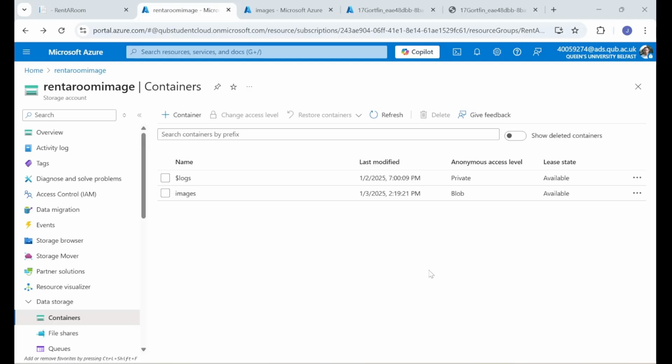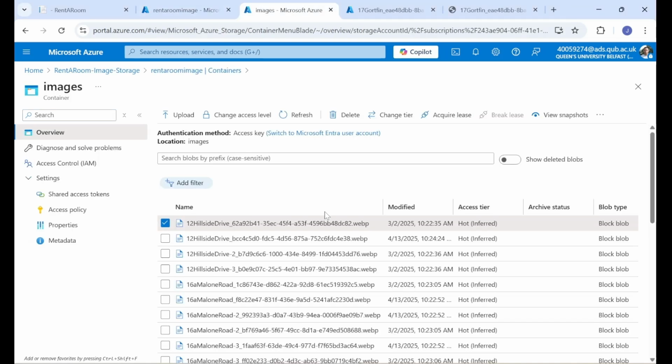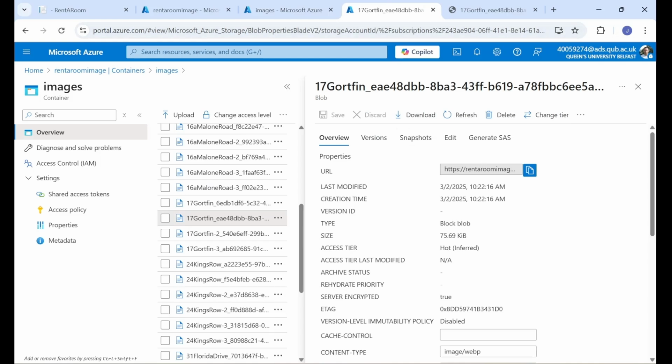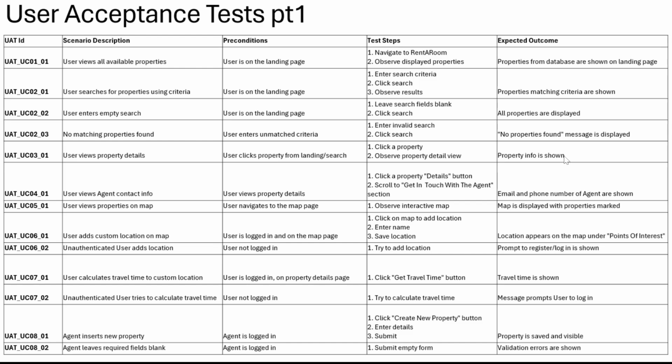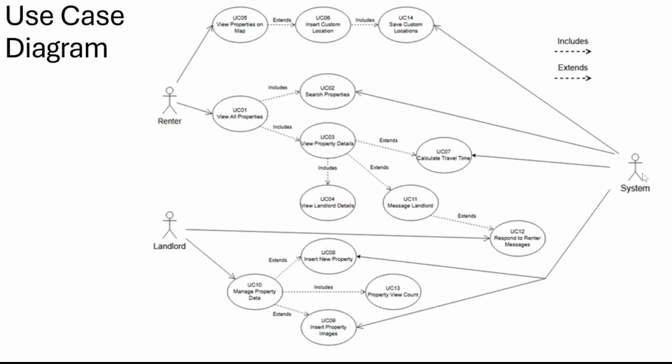On the Azure portal, I use a blob storage account, RentARoom image. The container has all the WebP formatted images, each of which has a URL saved to the database that points to that image. For reference, the user acceptance tests, part 1, part 2, the use case diagram,